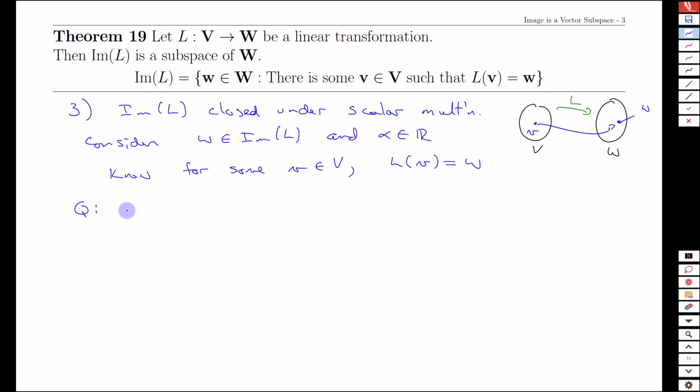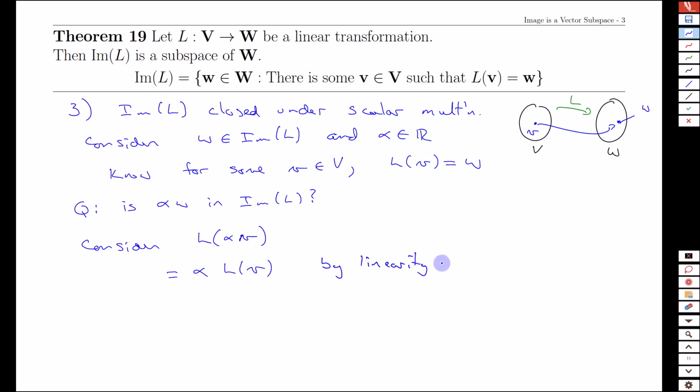Well, next up we need to show that, or test whether alpha w is in the image of L for any alpha and any w. Well, of course it is, because we got these linearity properties. Let's consider the transform of alpha v. Why would you consider that? Well, because I can bring the alpha out front by the linearity of L. And if I can do that, well, I also know the transform L of V is W. That's the whole point of W being in the image. And so we get alpha W, and that means since L of alpha V equals alpha W,